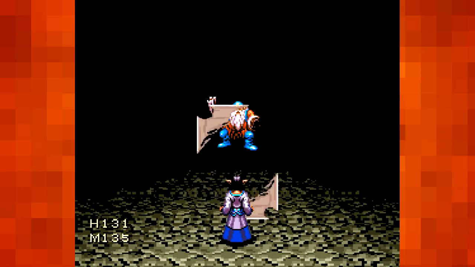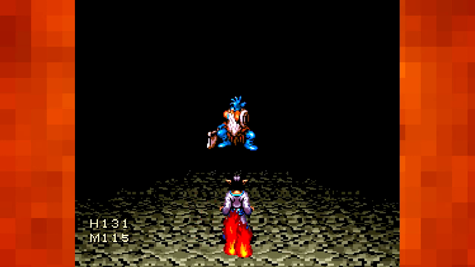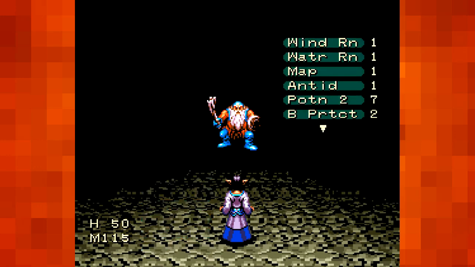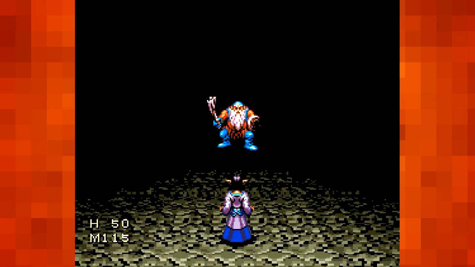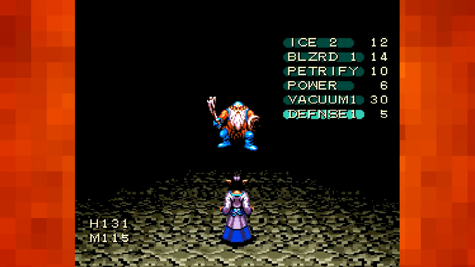I don't exactly know what it does, but the defeat spell was Deflect. Yeah. Deflect my ass. So I pretty much just gotta figure out what it is that I can do against him, because if he's just going to be spamming the ever-loving crap out of stuff like that...